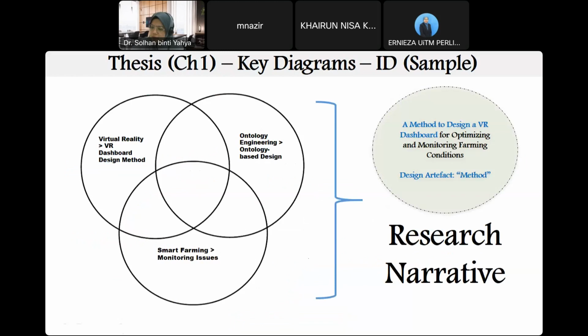Okay, I give you one example. One of my students, right? How the student built the narrative using design science research by using this intersection diagram. He works in the context of smart farming. In the smart farming context, that is the application domain. He built a very nice story about smart farming, and then he found that in smart farming the practical problem is about the monitoring issue. How can we monitor